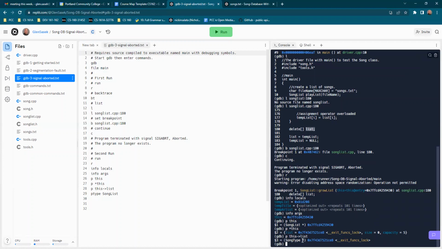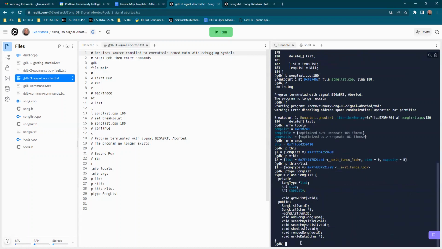So let's just look at the type of the song list itself. So here we can see this list pointer to song type,